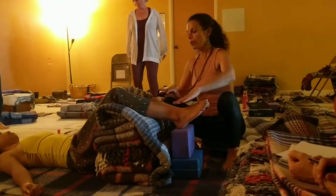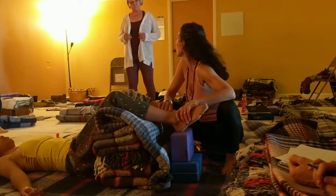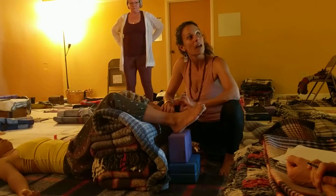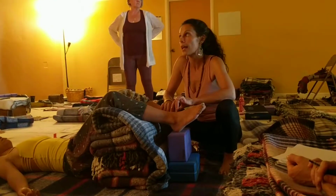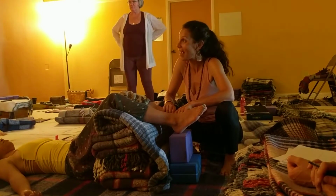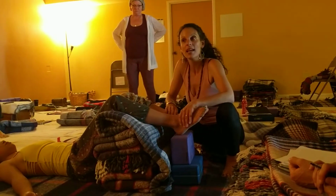Okay? So, this is not too hard, but we will come around and do one side, and then you're going to do that same side and then the other side. So go ahead and pick your tighter side that you want the adjustment on twice, and we will do that side, then your partner